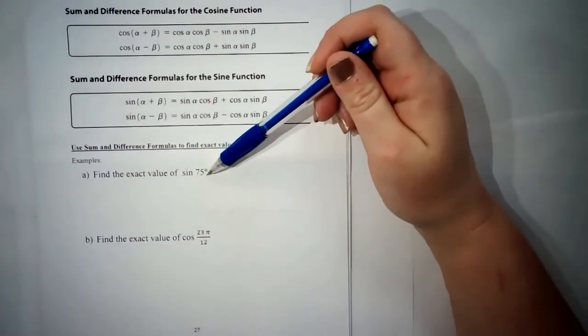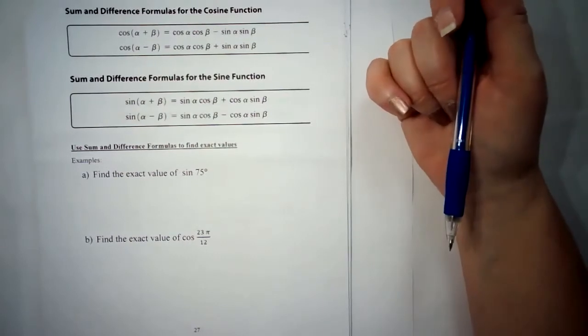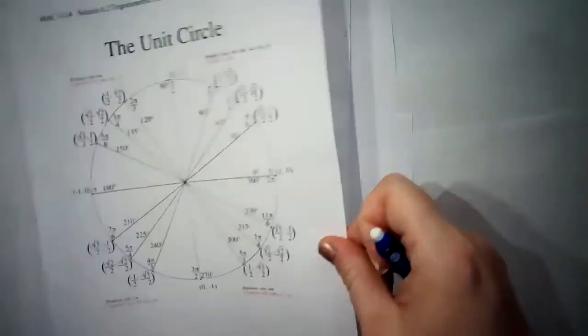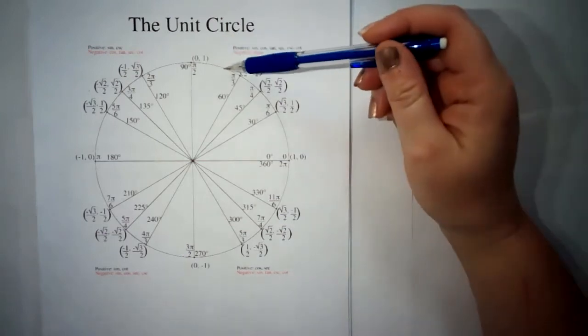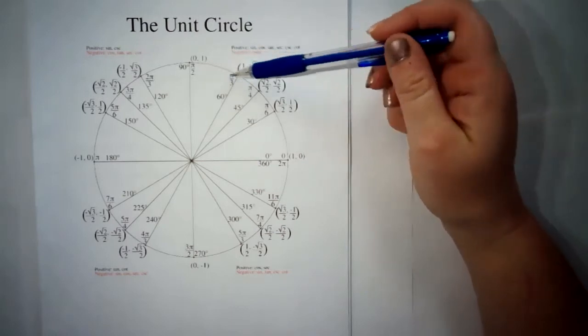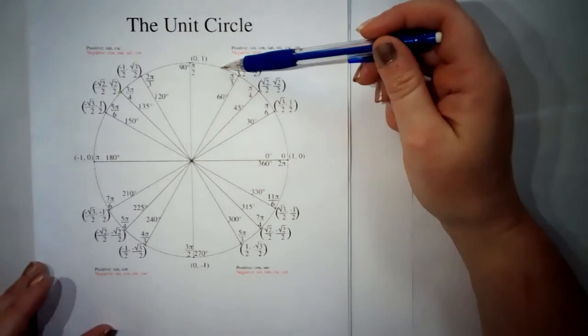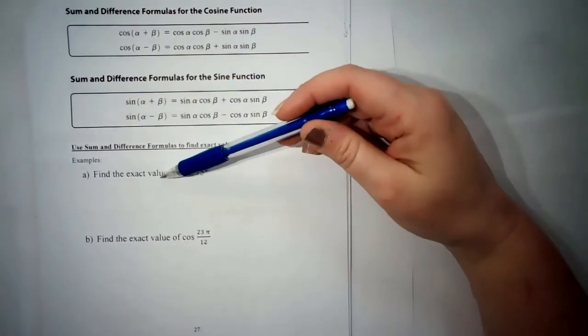Okay, so for example, look at this guy. This wants you to find the sine of 75 degrees. All right, well, let's see. I know I left a unit circle around here somewhere. Okay, there is not 75 degrees on the unit circle, but we're on the unit circle. It's just that what we want is somewhere in between here. And we're kind of out of luck because we don't know that value. So if we don't have formulas, we have to put it in the calculator, but it doesn't want calculator because